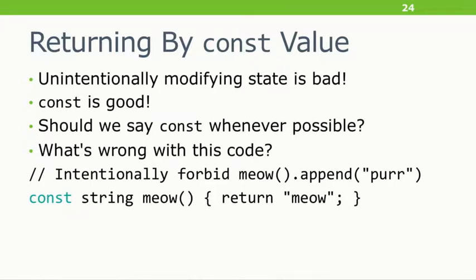Here we've got an example. Imagine I've got some function meow that returns a temporary string, also saying meow. I would like to forbid a certain kind of code. C++98 and beyond actually permit you to say meow().append("purr"). This is calling a modifying member function on a temporary. This is actually kind of strange because C++98 and beyond forbid passing temporary strings to functions taking modifiable, say, string reference. That's forbidden because such a function would try to write something and expect that its writes would be visible later. Yet if it's writing to a temporary string, that's going to be dropped on the floor at the end of the full expression.